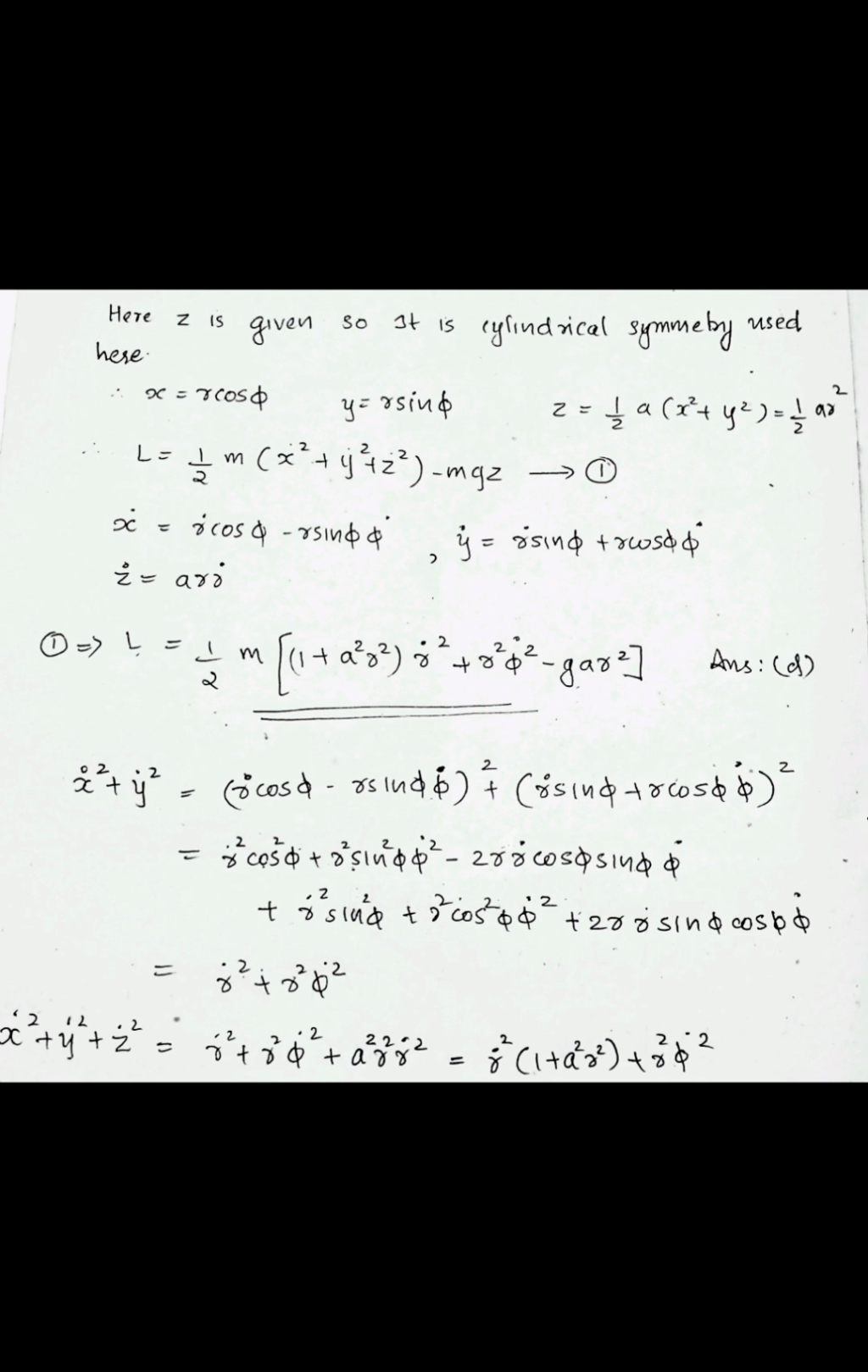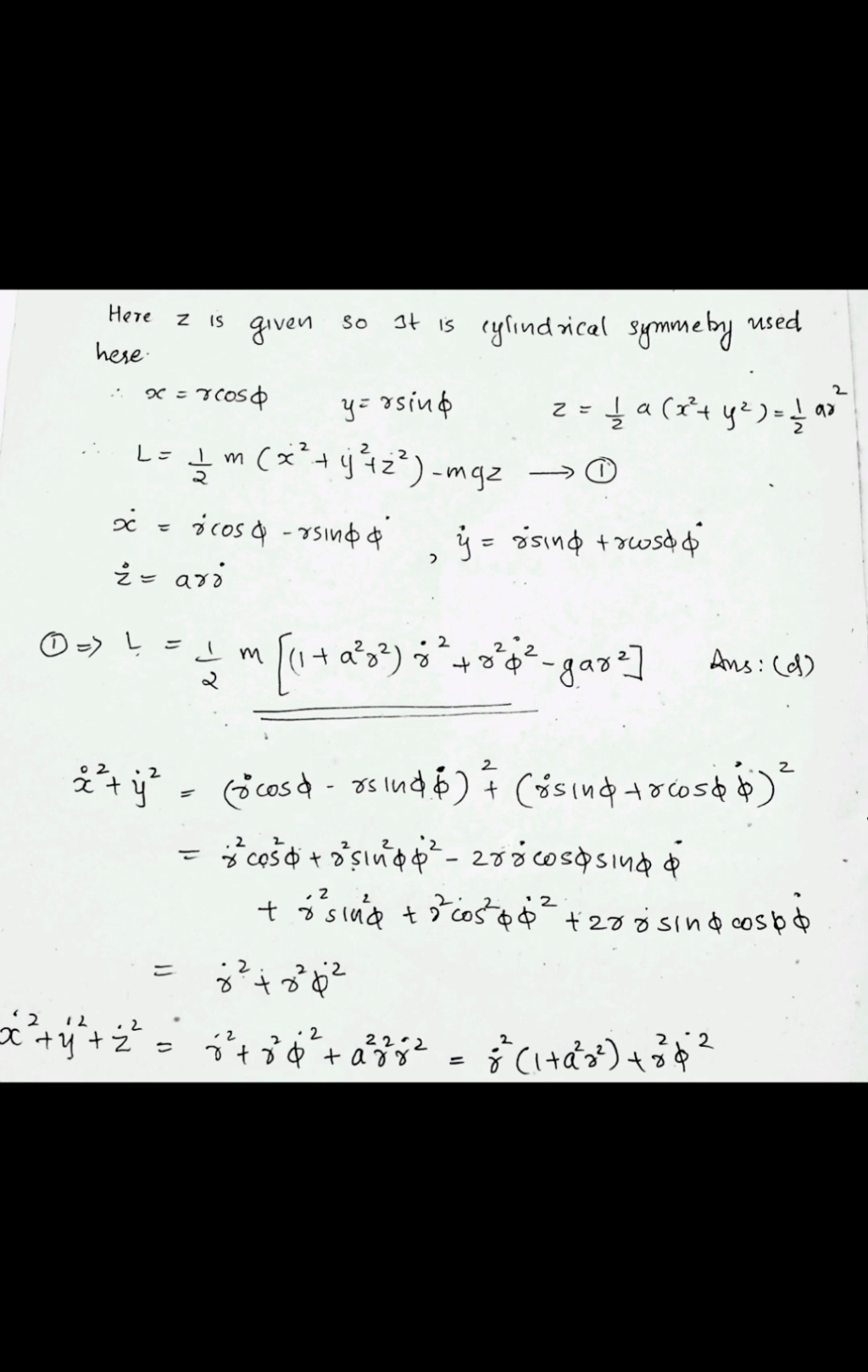Because we know x dot square plus y dot square is equal to (r dot cos phi minus r sin phi phi dot) the whole square plus (r dot sin phi plus r cos phi phi dot) the whole square. This is equal to r dot square cos square phi plus r square sin square phi phi dot square minus 2 r r dot cos phi sin phi phi dot plus r dot square sin square phi plus r square cos square phi phi dot square plus 2 r r dot sin phi cos phi phi dot,